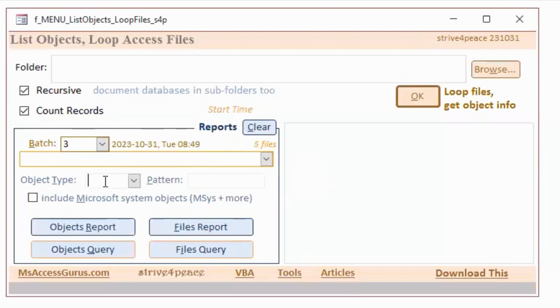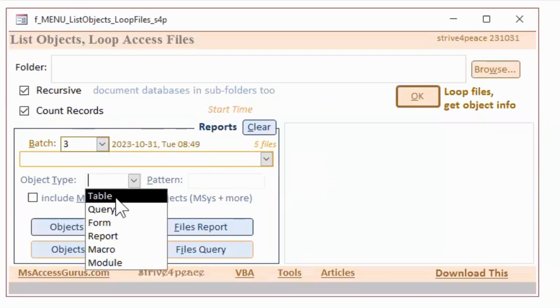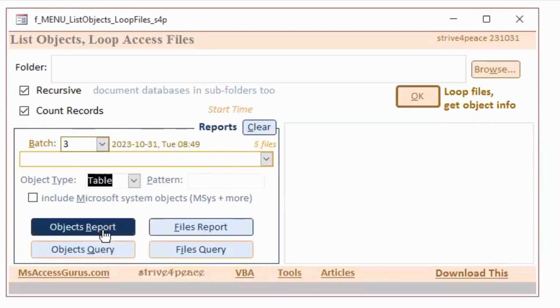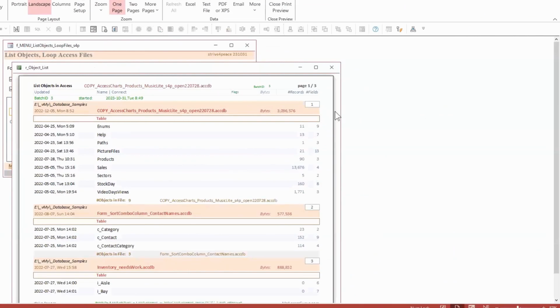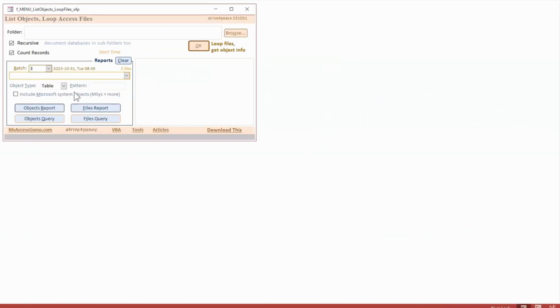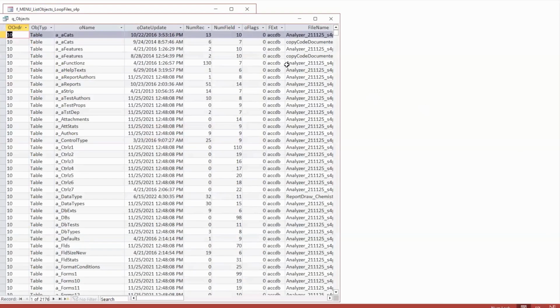I can give it an object type. I just want to see tables. So I can go to Objects Report here, and it'll just show me the tables that are in that batch. I can clear everything. What I find the most useful, and the reason why I wrote this, is because I was looking for something. So this objects query, this is what's really useful to me,